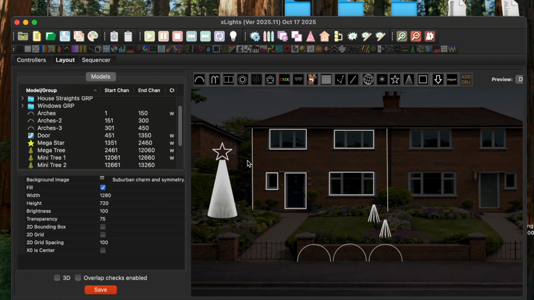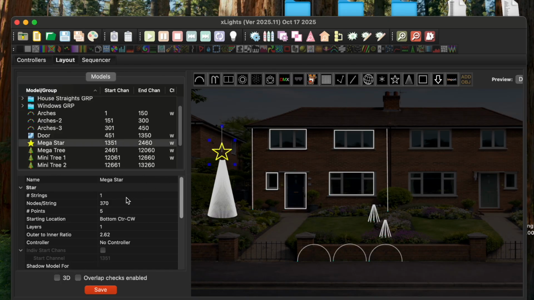Wow, now it's added 370 all on the outside, but that doesn't look like my star. Points 5, yeah, my star's got 5 points. That wouldn't look right, 6 points, so 5 points is right. Starting location, well, bottom center, yeah, that is where I am going to start it. Layers, wow, this is what we want, layers. So this star I've bought has got